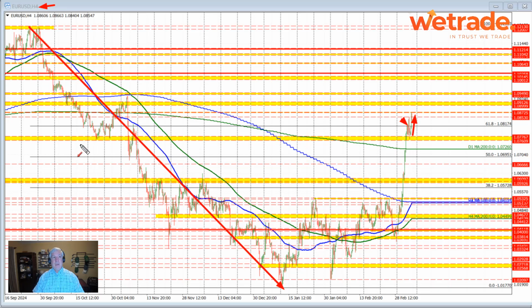but did find support against what we needed to get through to show that the sellers were taking back more control. That was this level right through here between 1.07609 and 1.07767. As you can see, the price low came within that area, found support buyers, slowed the decline, and then we started building trading here today. We moved back above the 61.8% retracement right through here and extended above the high price that we saw from